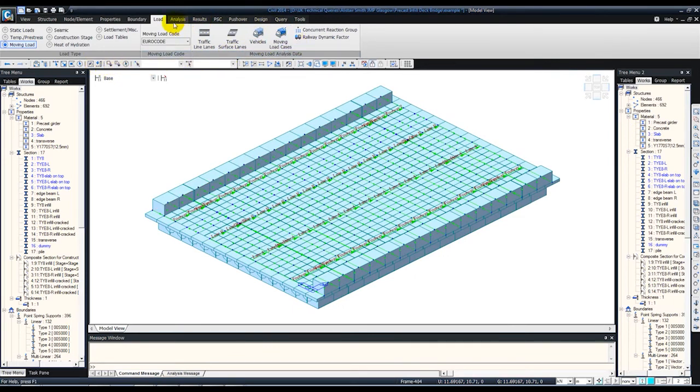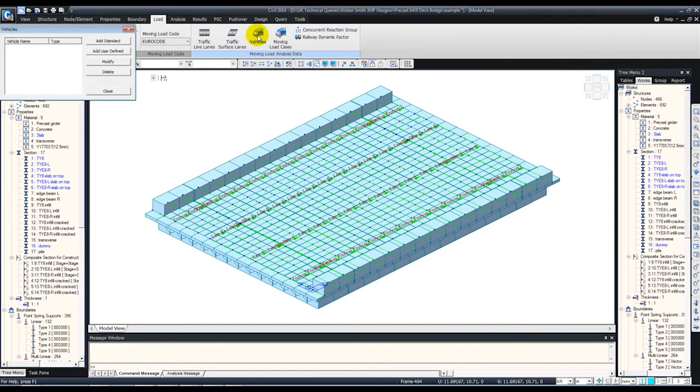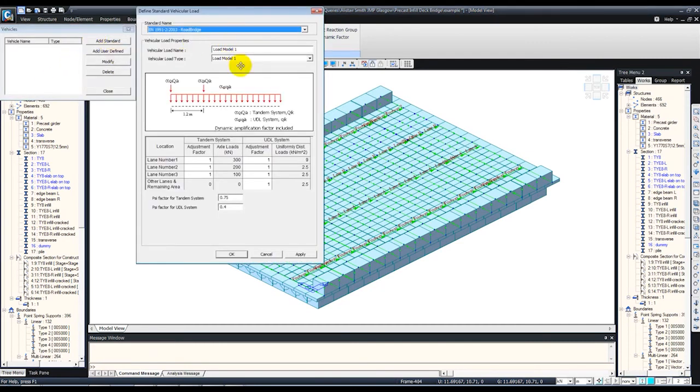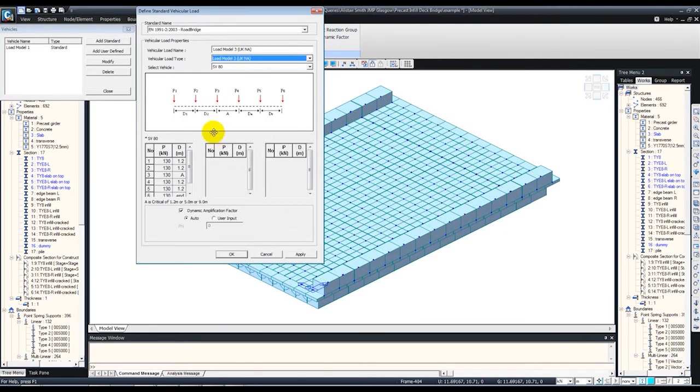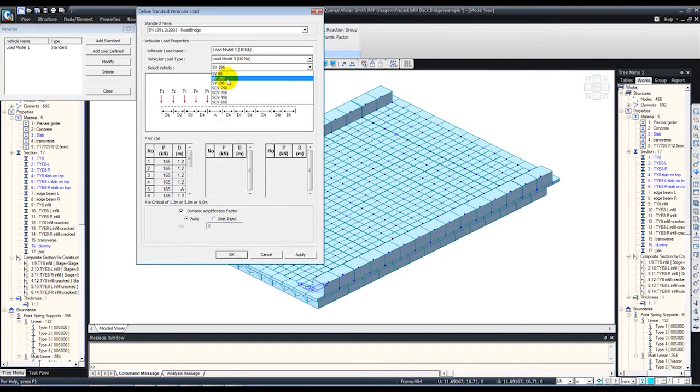Okay, now I'll go to vehicles, add standard, load model 1. So as per the UK National Annex, we'll enter some adjustment factor for load model 1, 2.2, and the psi factor as per UK National Annex, apply, and then load model 3 UK National Annex vehicle, say SV196, and say user input, or say just put in SV100 for now. Let's say user input for dynamic amplification factor 1.2, apply,